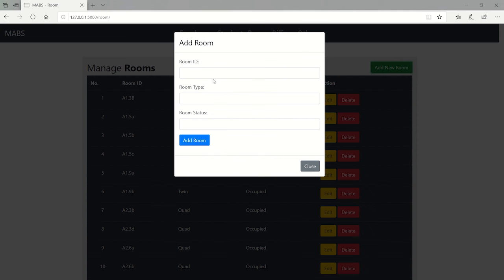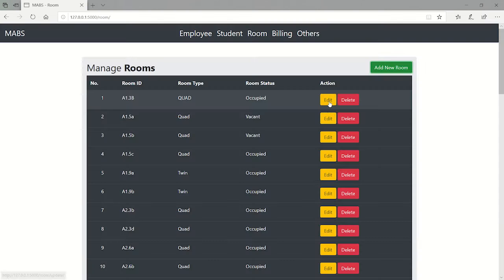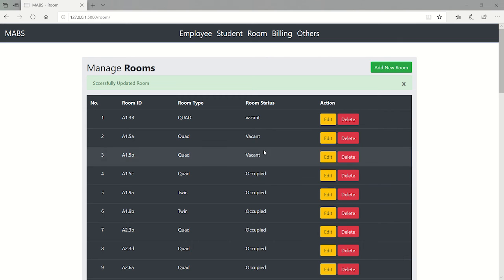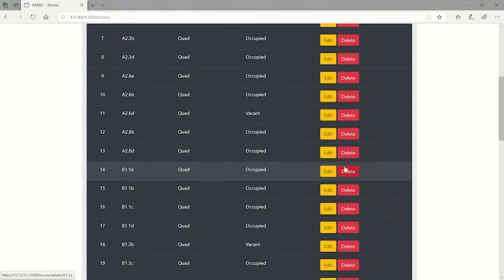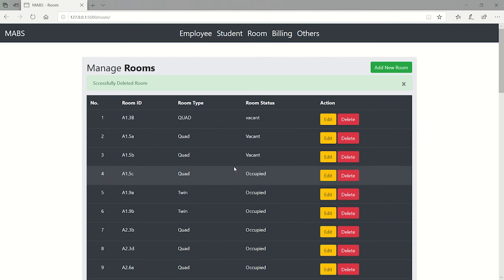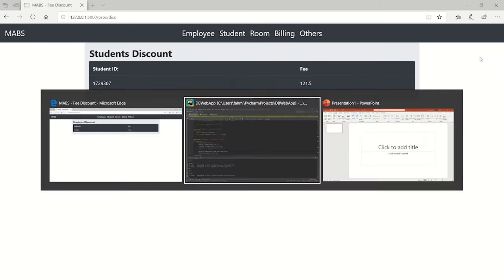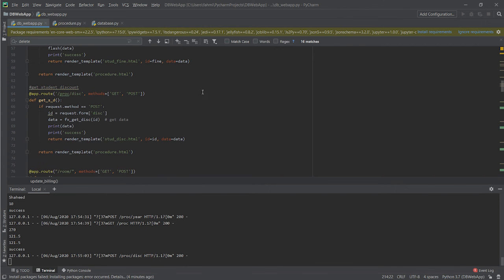So you can really see this is to add rooms like before. Enter the room ID, room type, room status, and add room. And then close. Maybe you can edit, maybe this is not required, this is occupied to vacant, and it's vacant, and then we can really delete. The student has been successfully deleted, and then so the first coding, let's get to